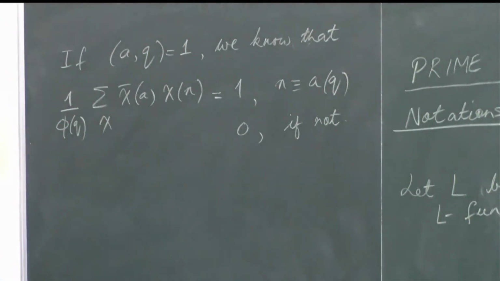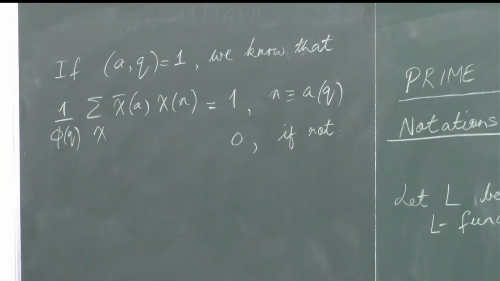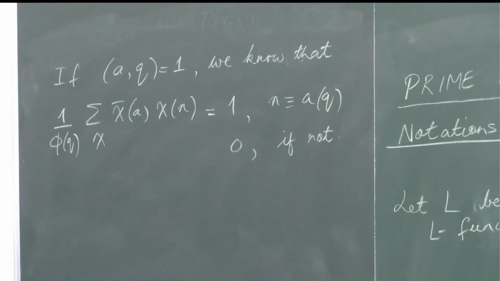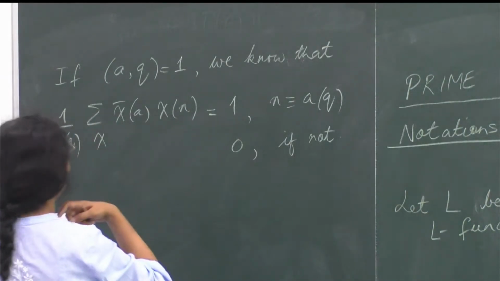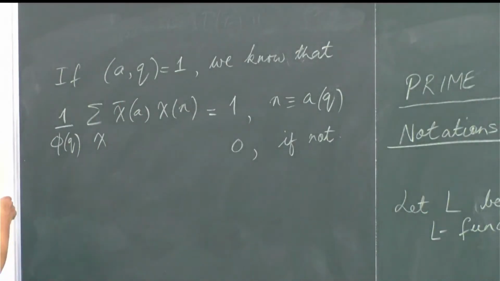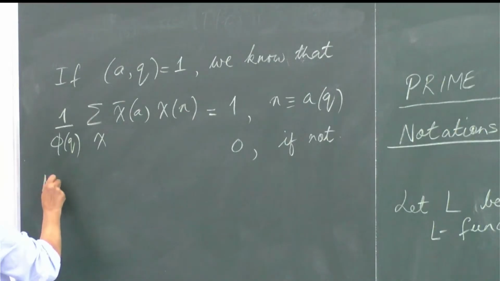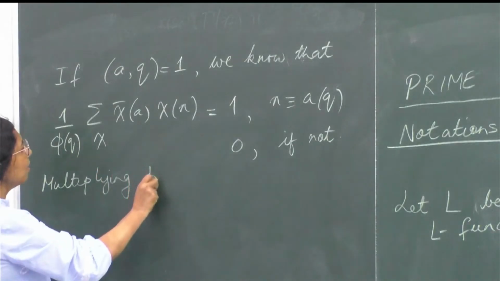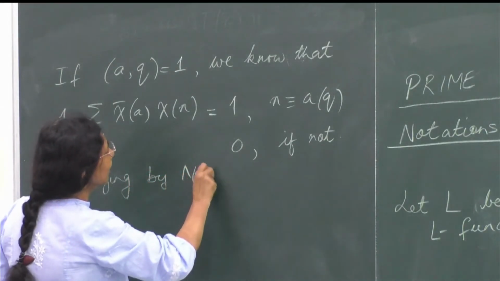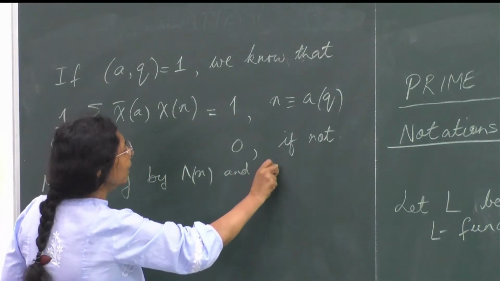And otherwise, so now if you multiply this by lambda of n, the von Mangoldt function, and then we take the sum, what we are going to get is psi x q a in terms of this. So, multiplying by lambda n and summing,